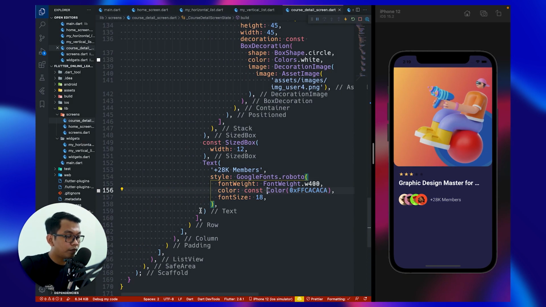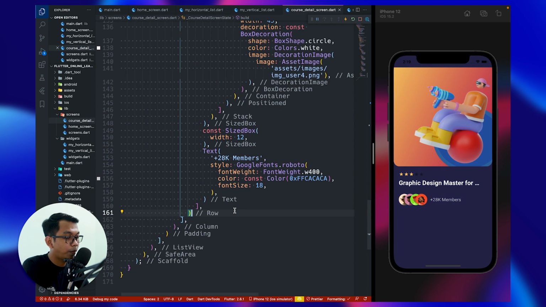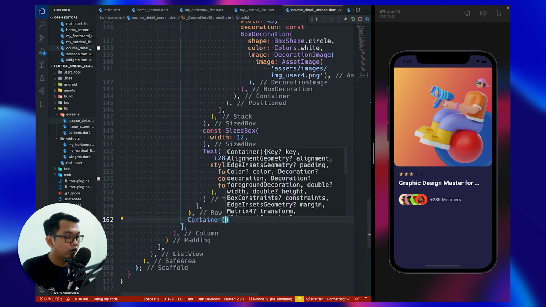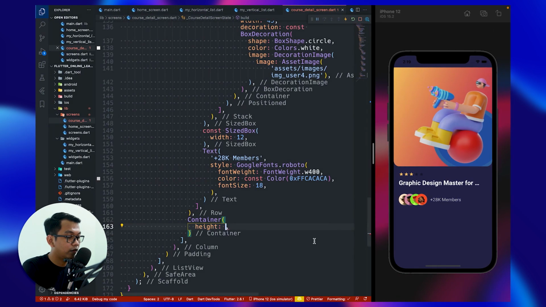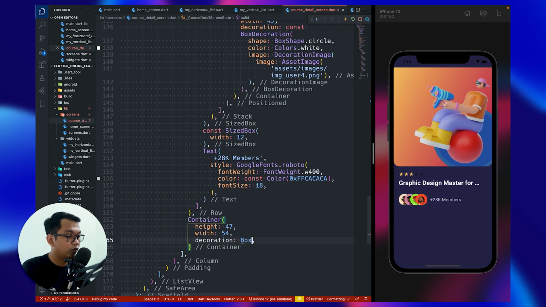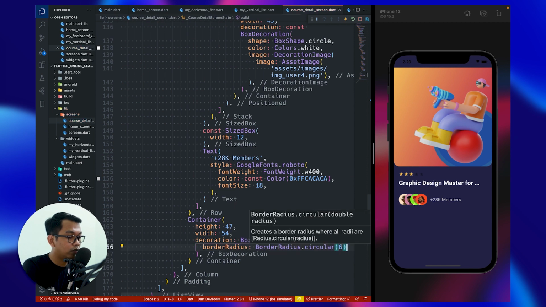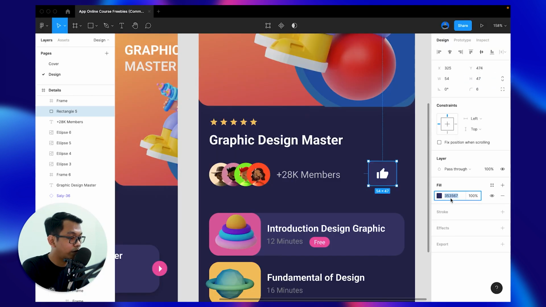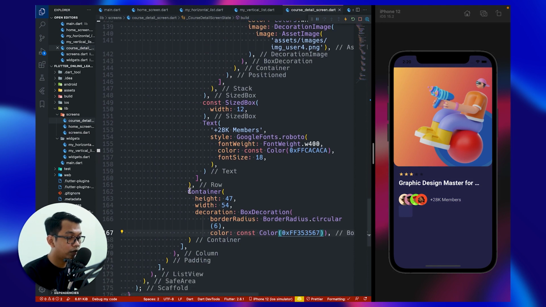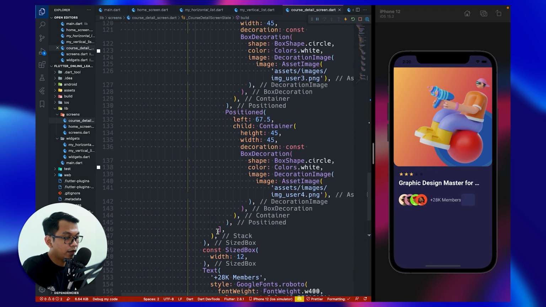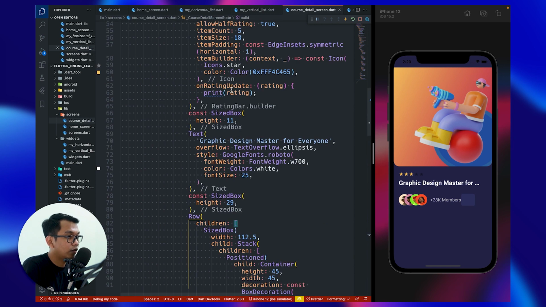The last but not least, we add this using container. So I think here we can call container. For the height, copy that. For the width and decoration using box decoration, and radius circular 6. And for the color, copy from here. I think inside our row, this is row, and what we say, okay, inside our row widget, we say space between using